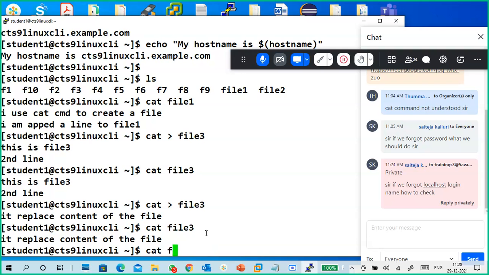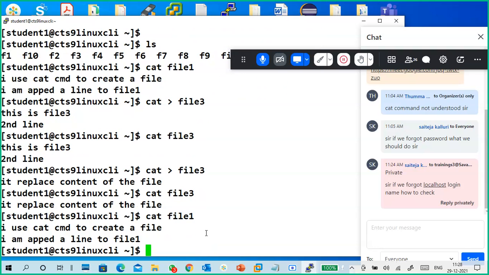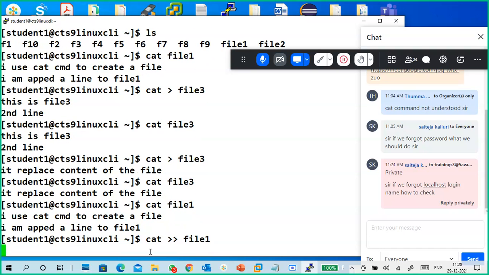Okay. Cat file one. It contains two lines. Now cat double greater file one. I am writing like this. I created a file with a file name file 3.